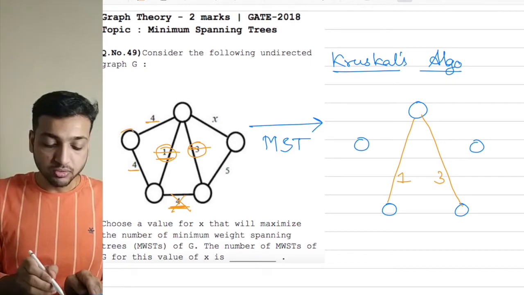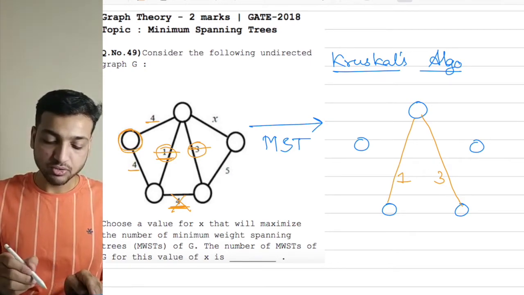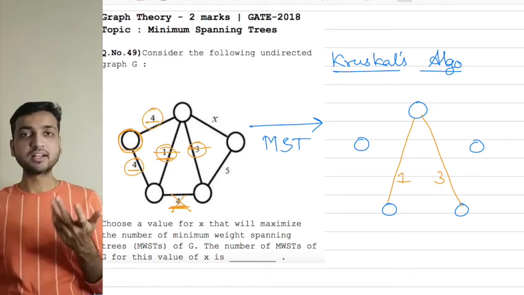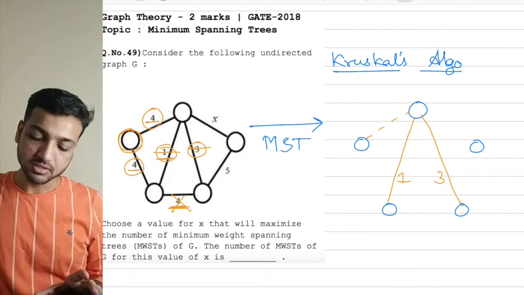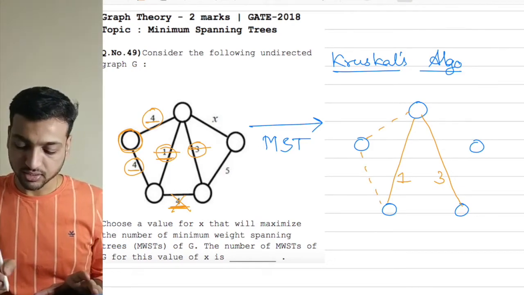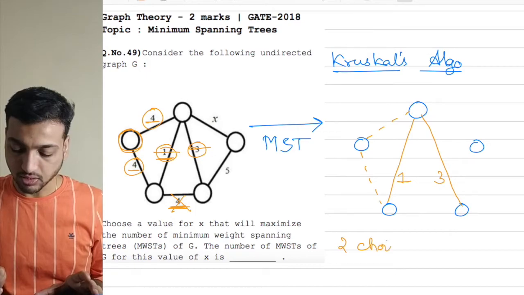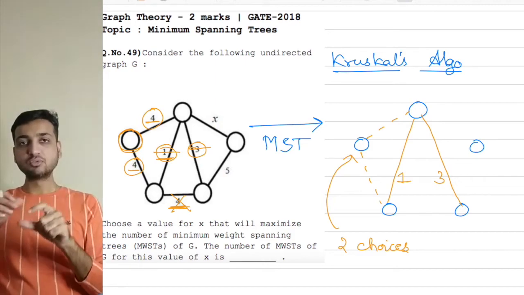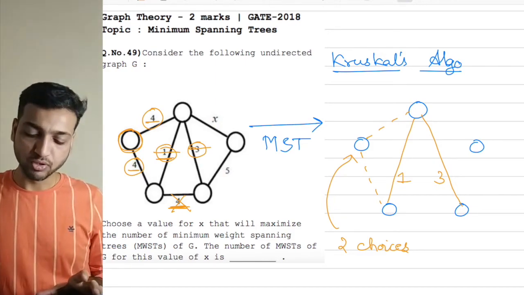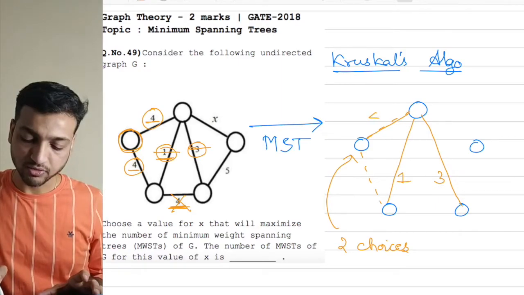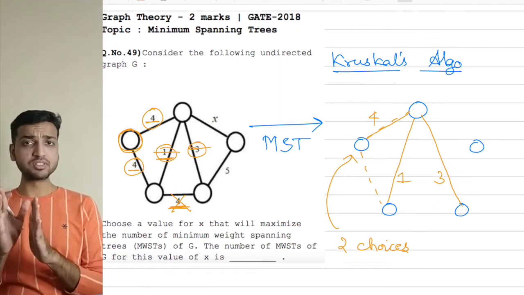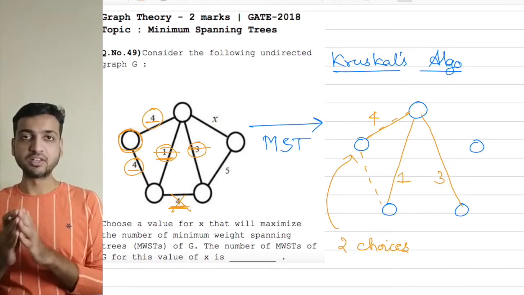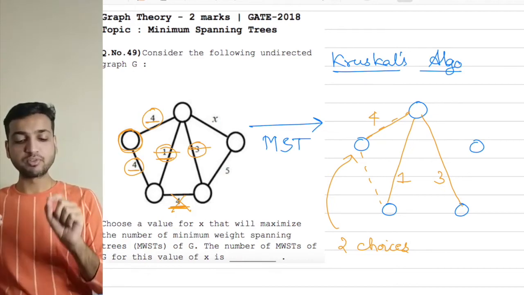Now to include this vertex into our MST, I have 2 choices. I have this 4 or this 4. So I can randomly choose any one of them. So let me just make a dotted line here. I have 2 choices, I'm going to note it down. I have 2 choices here. To include this node into my MST, I have 2 choices and I'm going to choose one of them randomly. So let me choose this and I'm going to write 4 over here. So already we have 2 choices, which means there are 2 possible minimum weight spanning trees that can come out of this graph. Let's see if we can increase this number by choosing an appropriate value of x.